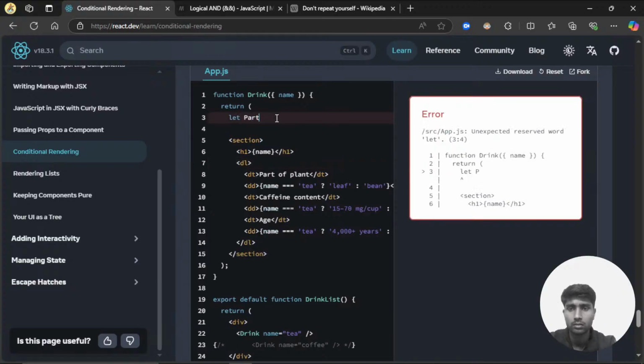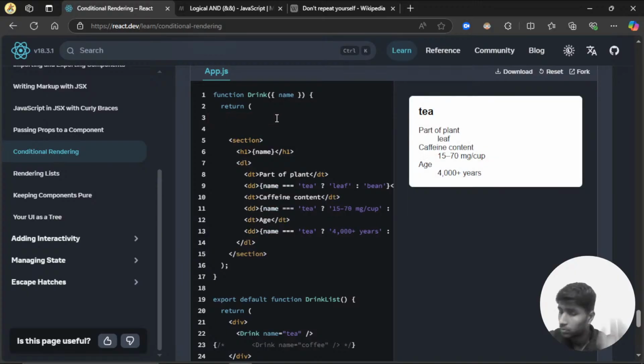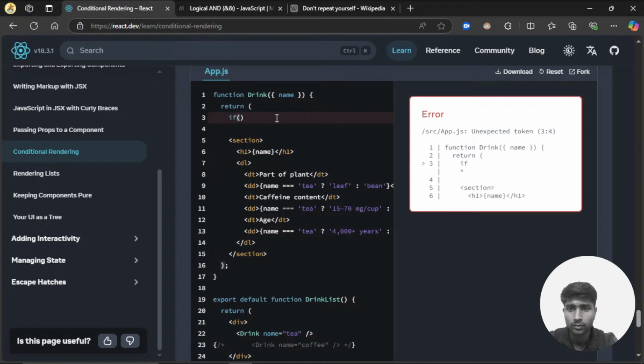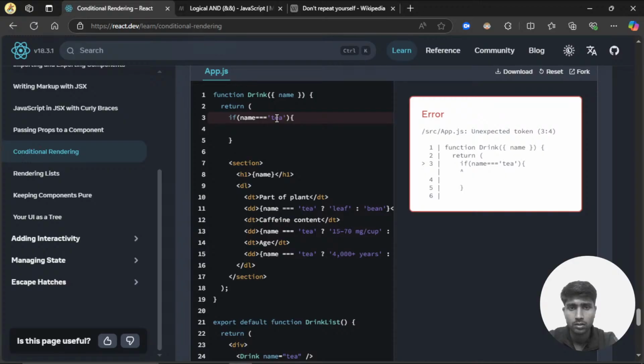Let part of plant, if name equals to a. Then part of plant will be, if name equals to t, then the